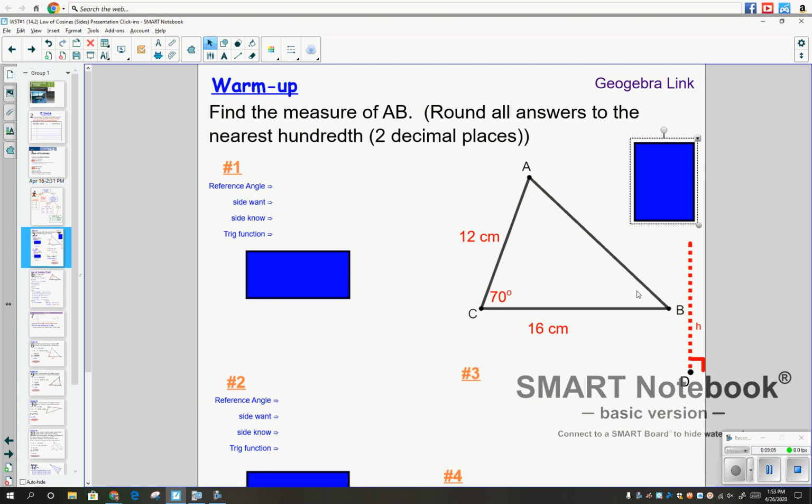Well, what can we do? One option, draw in the altitude for the triangle and divide triangle ABC into two right triangles. If I do that, now that I have some right triangles, I can use SOHCAHTOA and do some work here. So if I look at the triangle on the left, triangle ACD here,